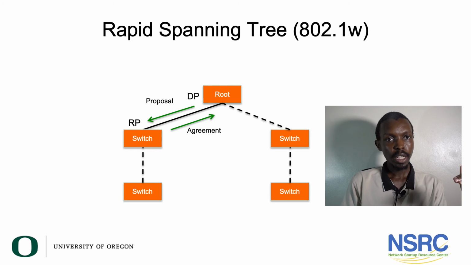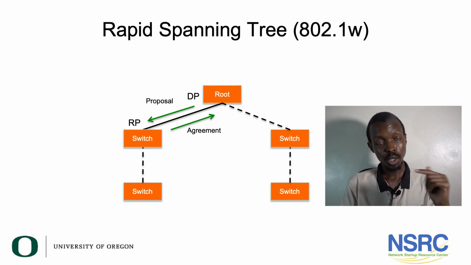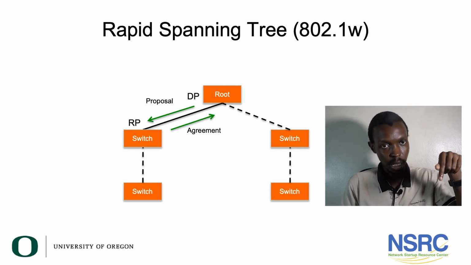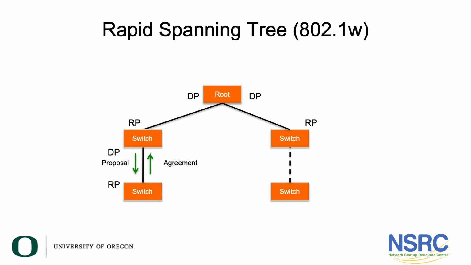So the switch on the left that now knows what the designated port is for its root port will now send a designated port proposal into the root port, and the moment the switch receives this packet, it sends back an agreement. Same thing on this side, you send a proposal and you get an agreement back. So this is a lot faster than waiting for timeouts and for the different switches to kind of agree on which one is the designated port.